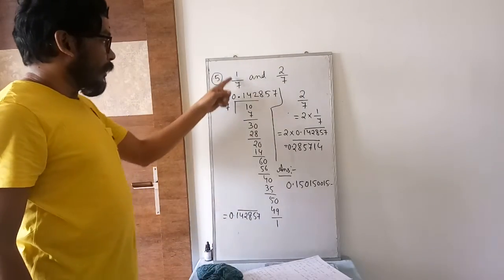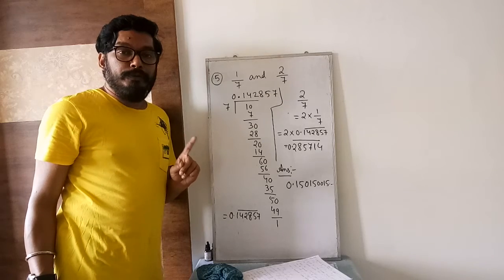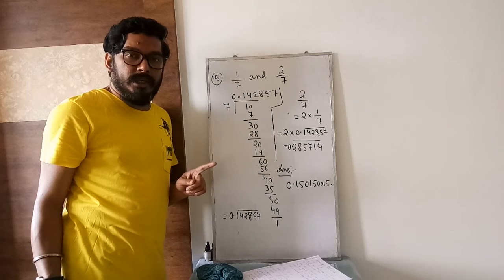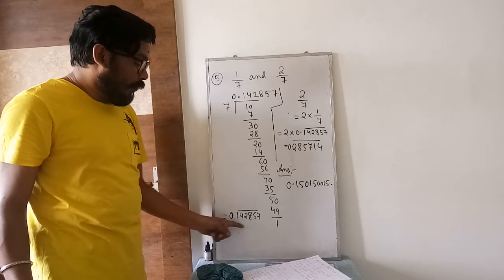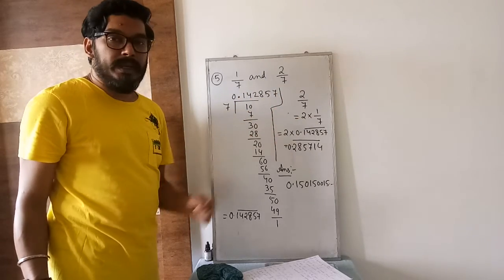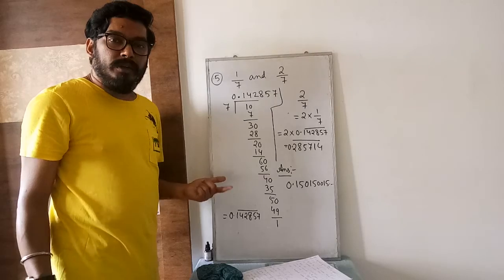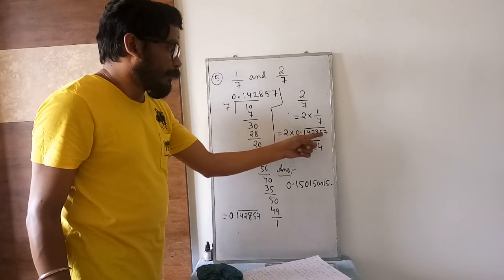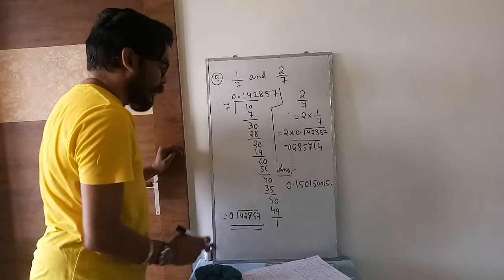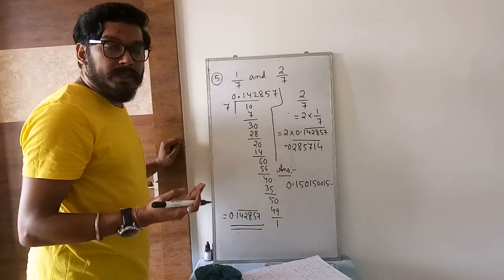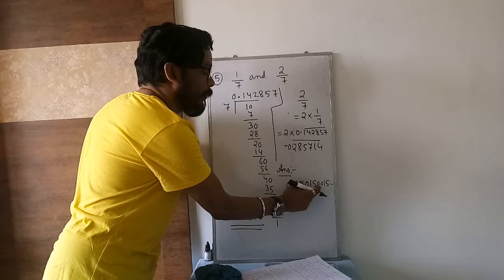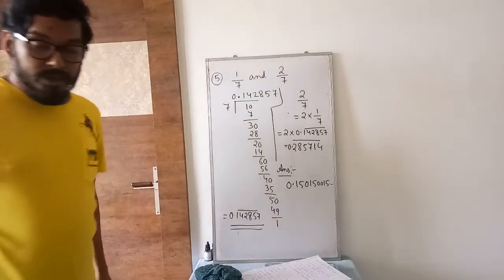I repeat again, 1 by 7. They have said to find an irrational number, not rational. So 1 was divided by 7, I got this. The other number is 2 by 7. So 2 by 7 you can write 2 into 1 by 7. You can use shortcut or you can divide also. So 1 by 7 value you have put here, you have multiplied. Now I have to write an irrational number between these two, 14 and 28. So after 14 it is 15. What is the pattern of writing irrational number? So 0.15, single 0, 15, again double 0, again 15, dot dot dot. Take the screenshot.